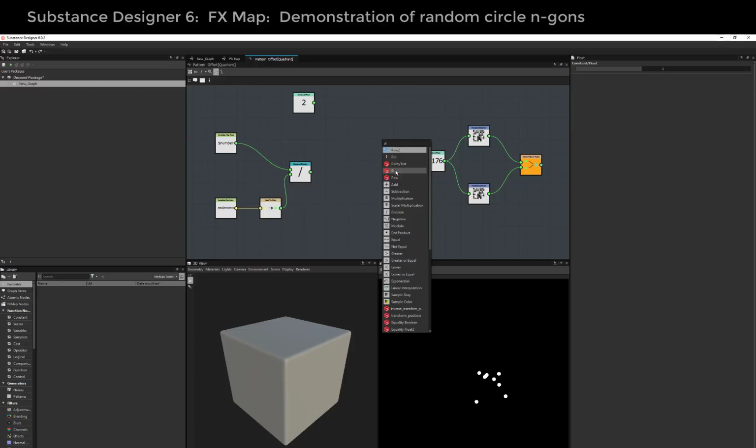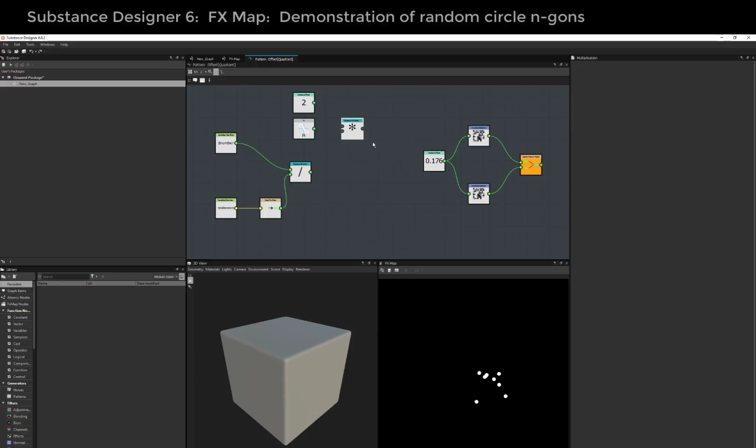If there's an easier way to get 2 pi, I'd like to know what it is, but in the meantime, multiply 2 pi, and now that wants to get multiplied by the percentage of the way around. So there's a copy of a multiply. There's that times that. That times that. Now this wants to go